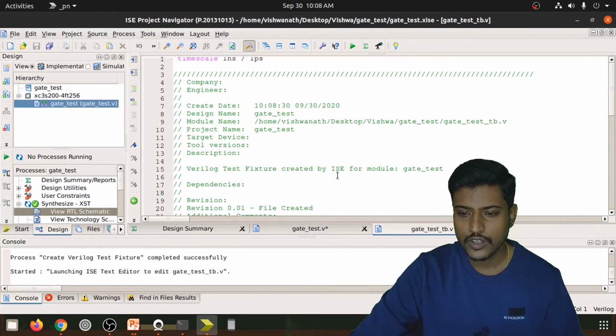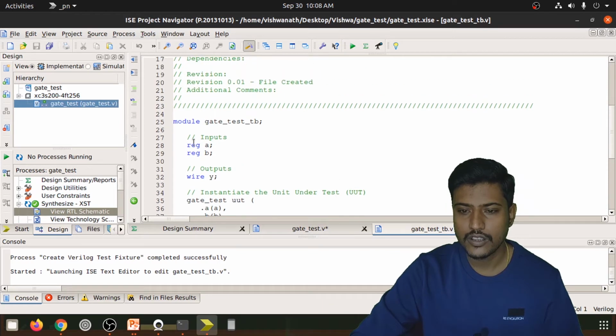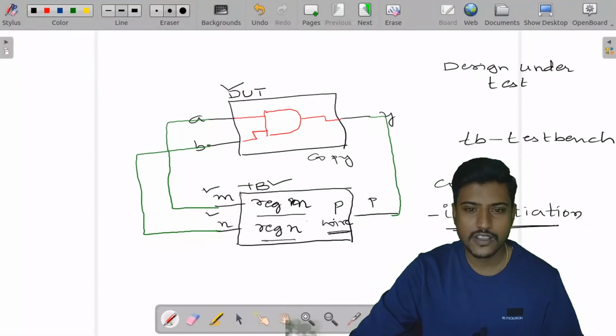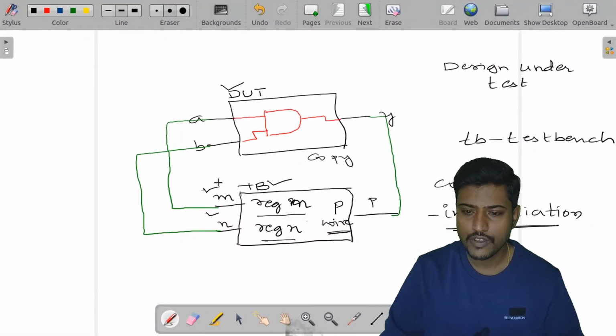Okay. So here you can observe module gate_test_tb. As we said, we will be having registers, and in the previous session we had said that usually we will be naming them with the same port names.